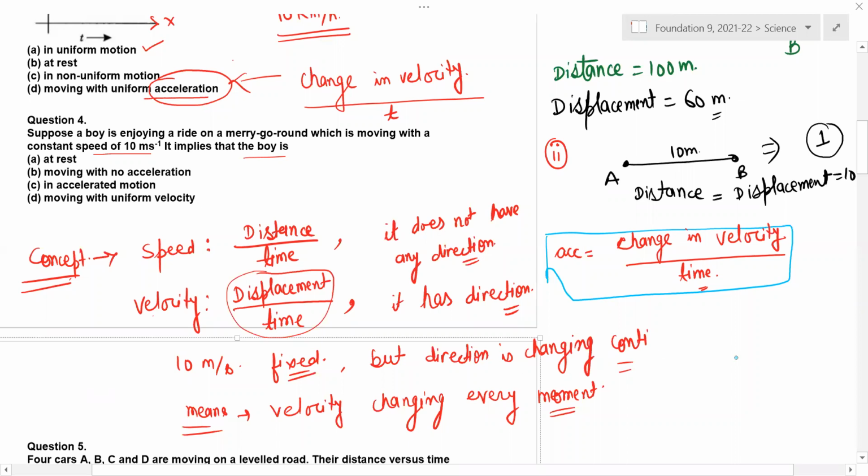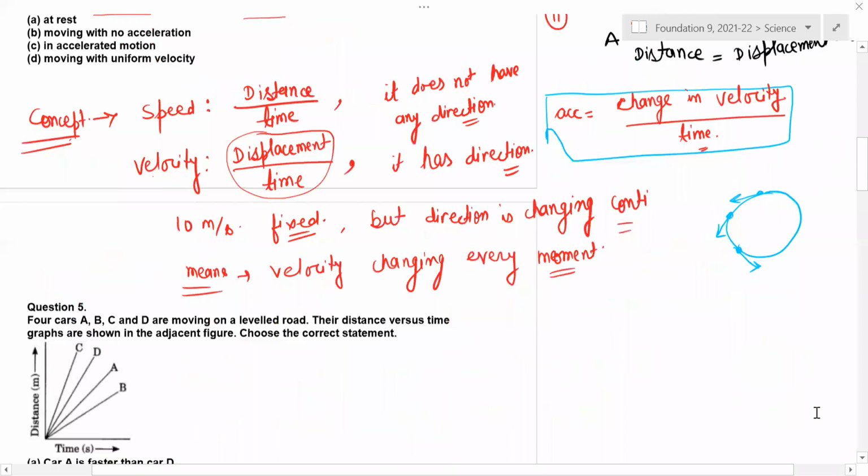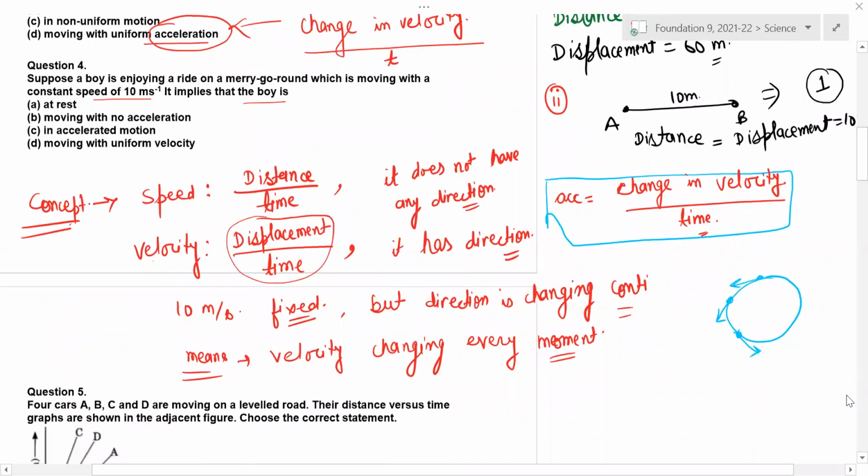देखो डायरेक्शन क्या है, ये सर्कुलर मोशन है ना. Now suppose you move once in a circle. At this point your velocity is in this direction, at this point you come, velocity is in this direction, at this, velocity is in this direction. Always the direction is changing, right? Yes. Is it clear for everyone? Sir, so the speed is the same only. Speed is the same, but direction changing means velocity changes.